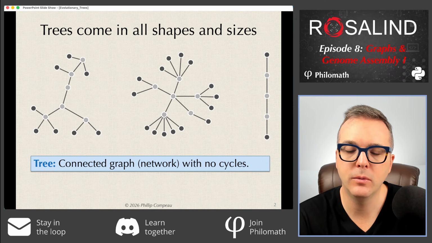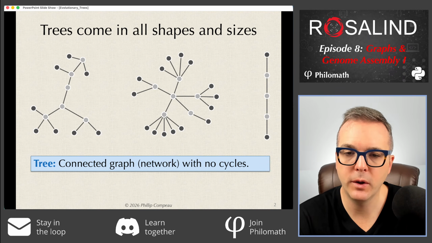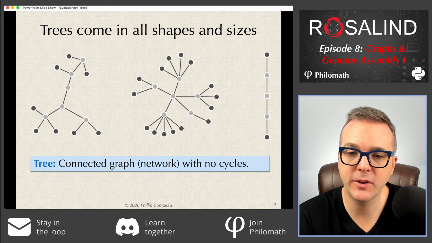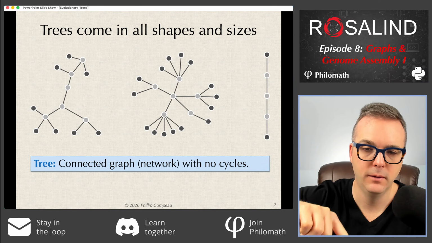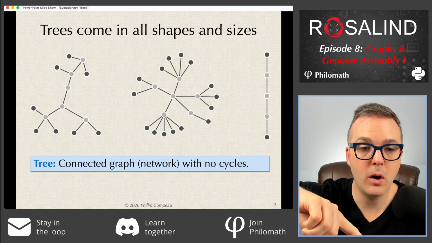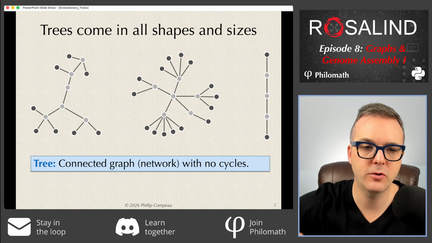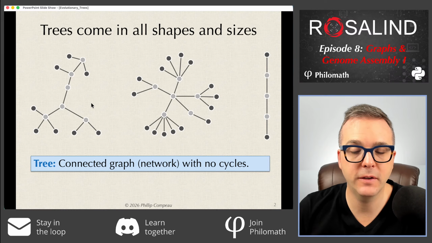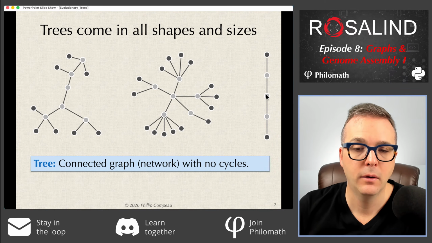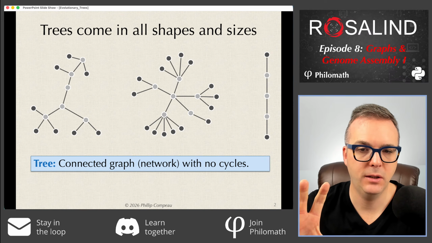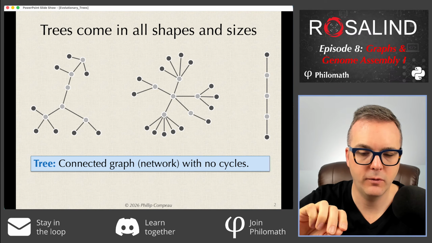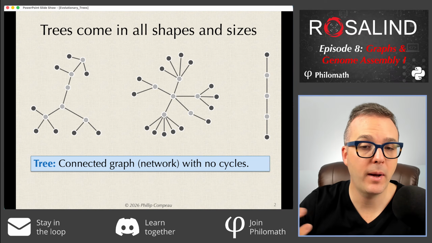So pick any two nodes in the tree. It's possible to reach one node from the other, but it also has no cycles, meaning it's not possible to have a collection of edges that form a path or a walk through the tree that returns to the node that you started with. So you can see each of these three graphs that I've shown here satisfies both of those conditions. The connected condition, meaning you can reach every node from every other node, is important biologically because it